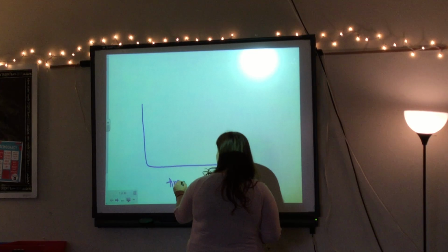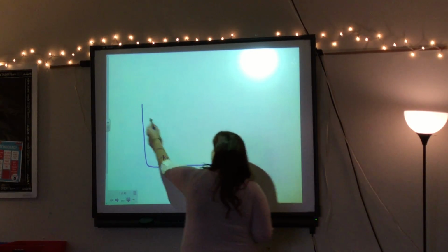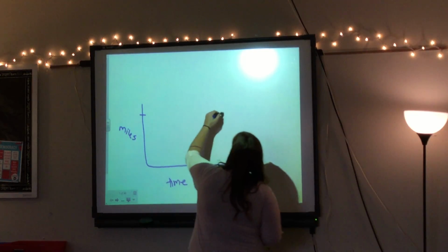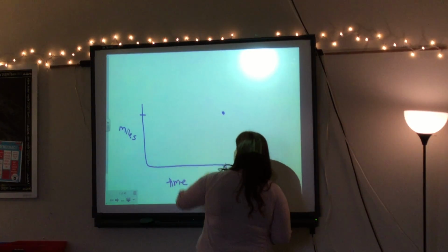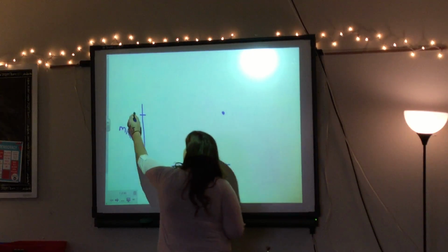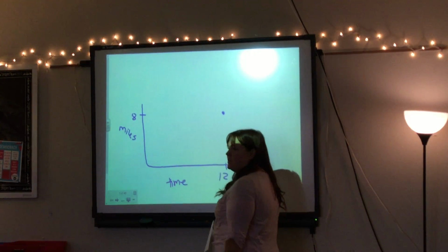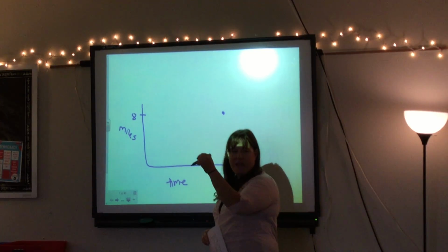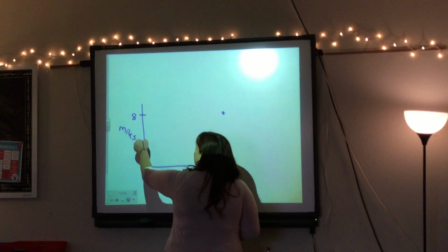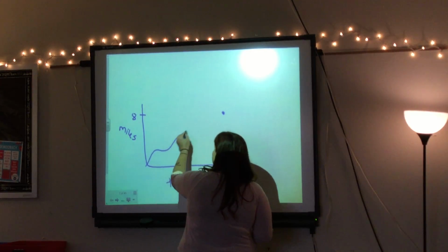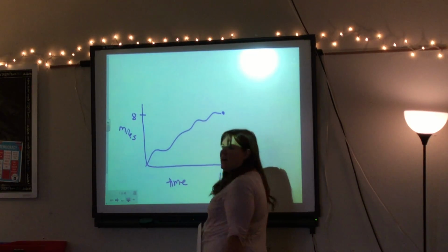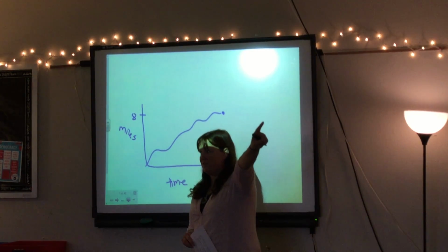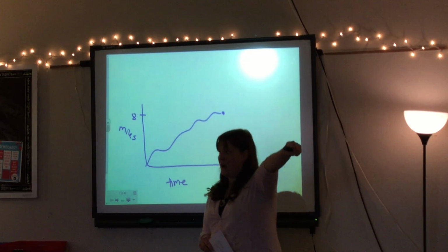So if I graph that, time would go here, and this would be miles, and at 12 minutes I'd have gone about 8 miles, but it's not linear, right? I didn't speed up the whole way, and I didn't start going really fast. It kind of curves over time. I've gone a little bit, and then I kind of slow down because there's a stop sign on Shepherd Acton that I have to stop at.